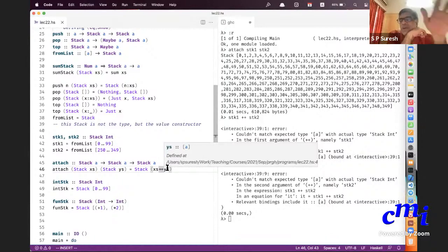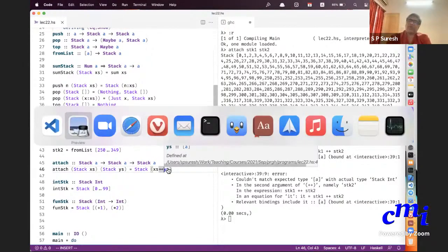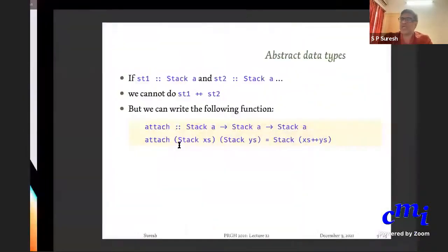The person who provides the library will very clearly spell out that operations A, B, C, D are the only things you can do. Nothing else. And you can trust that if you do this, this is the behavior, and if you do that, that is the behavior. You typically shouldn't be allowed to have any other kind of access to the data type or the object provided by the library. This is the notion behind what we call an abstract data type.